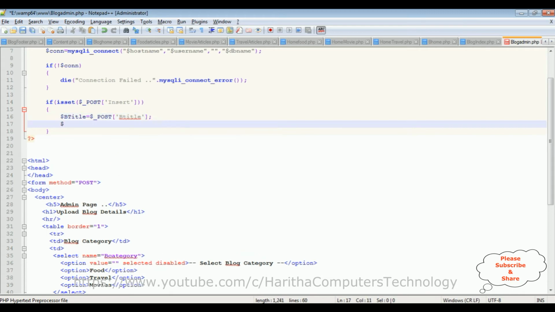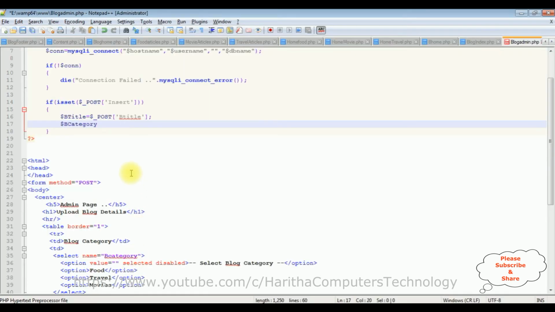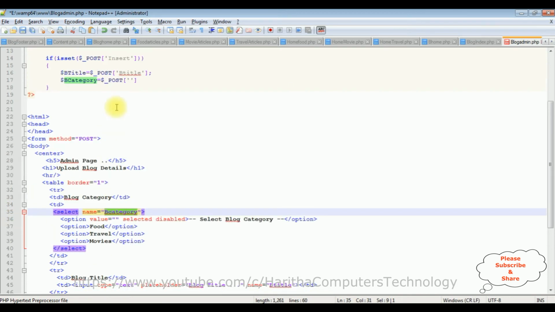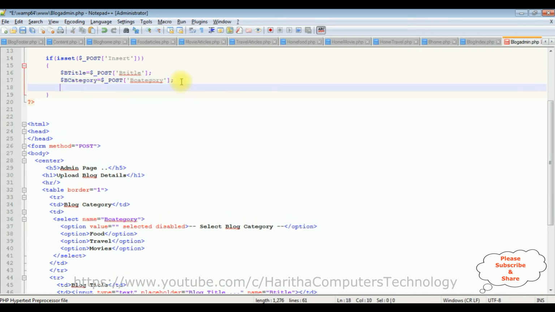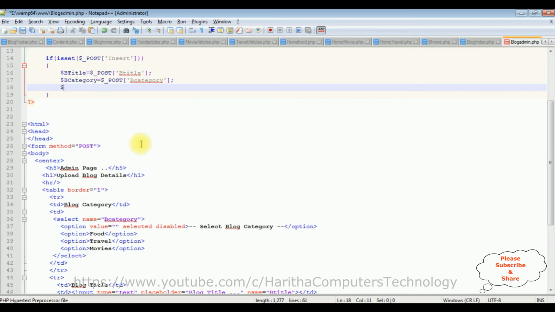The next column name, $b_category equals to $_POST. Between single quotes, I'm adding the blog category we are getting from this select option element. So I'm adding the name of this select option, name, and the next column name is blog description, $b_description,